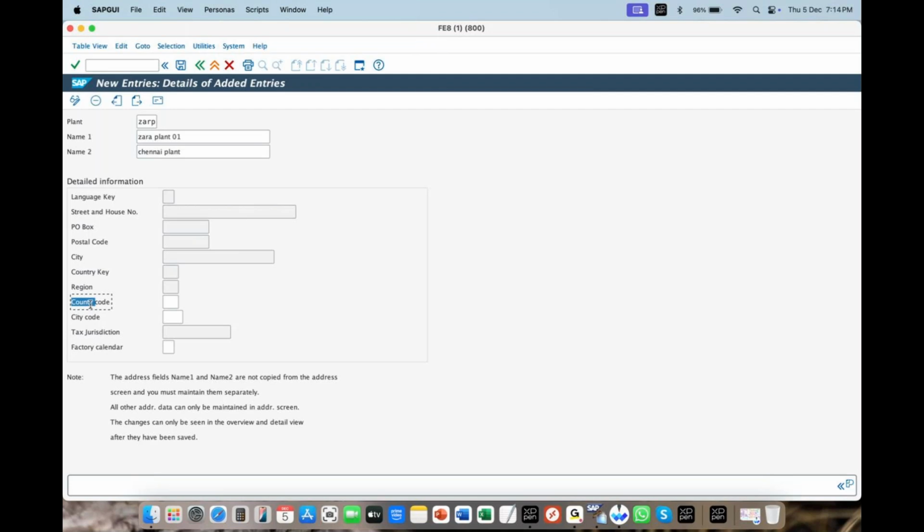First of all, county codes will not be in every country. What is county? County is nothing but like a municipal code. For example, if I talk about USA, New Jersey county, New York county. So it's all about a municipal code, that is a state code kind of.